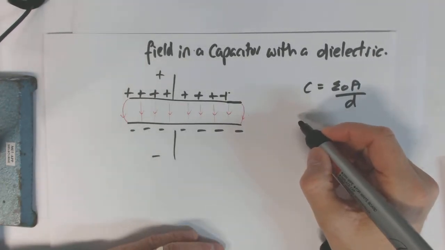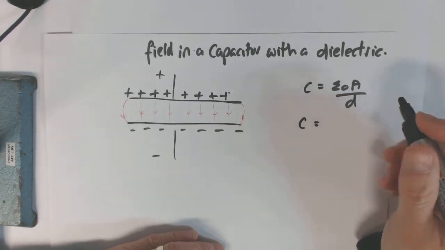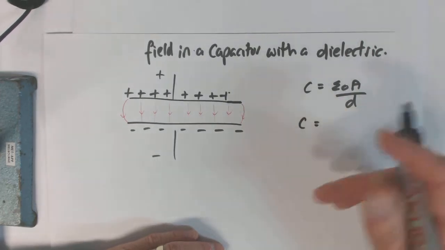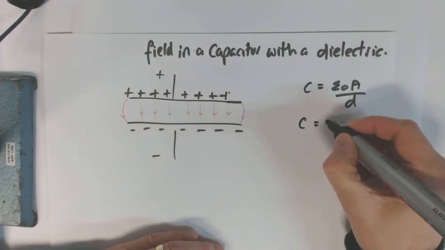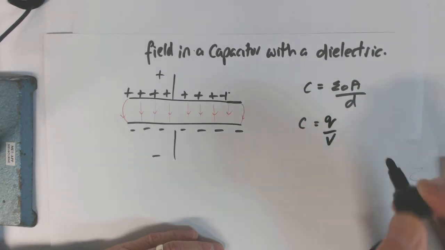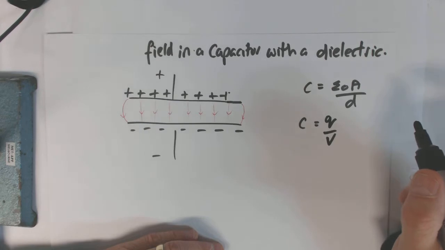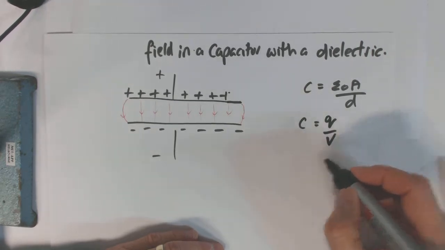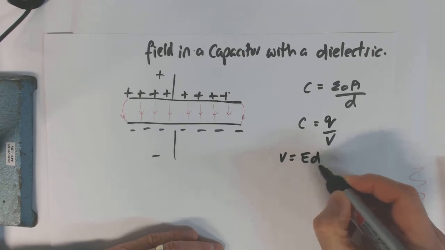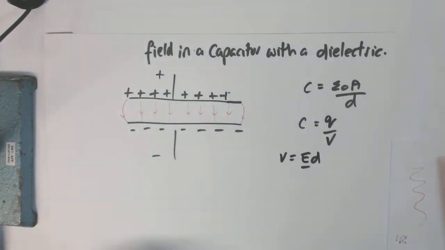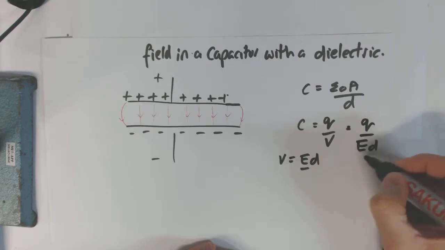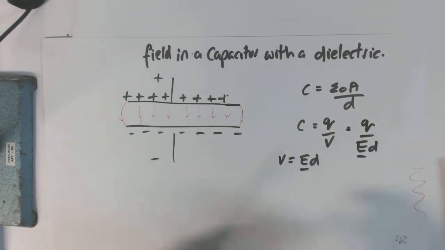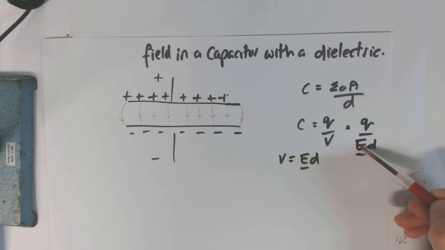What we've got though is capacitance is one of these made up things. It's just really looking at the ratio between the amount of charge you've got somewhere and the voltage you get produced, Q over V. Now voltage, however, is equal to ED, E being the electric field, and that's what we just put in there. So based on that, we could say that capacitance is equal to the charge over ED. So we can see from that that if we can actually decrease this electric field, we're going to get a